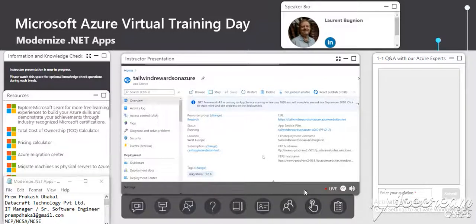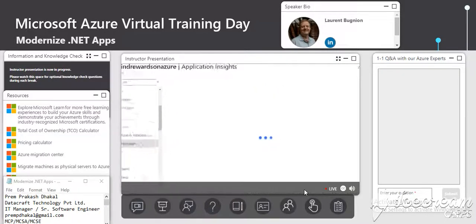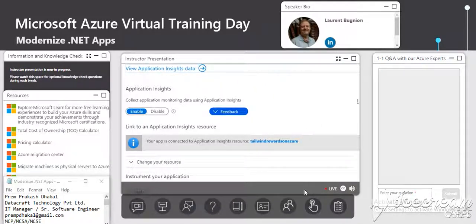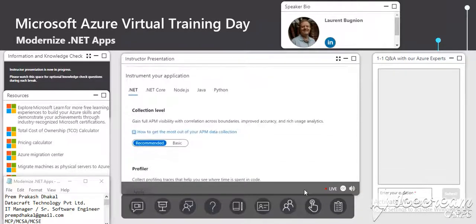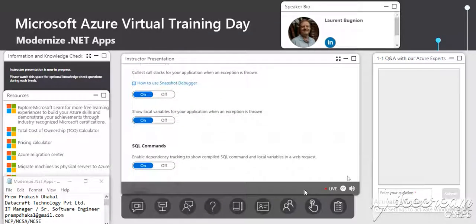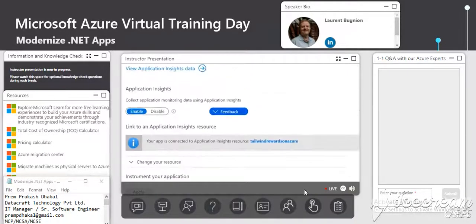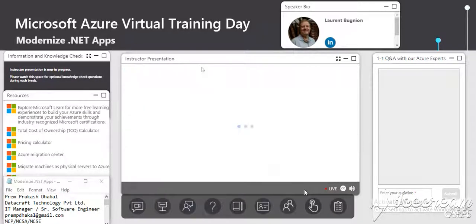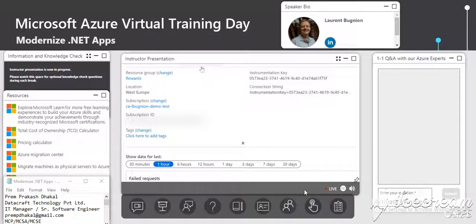So here I am back in the Azure portal. This is yet another point of entry to Application Insights, as you can see. And here, this is the data. You may have seen that already in the second session of this learning path. This is where you specify what is being collected. And as you see here, this is a .NET application, so we are collecting some things by default already. For example, profiler information, debug snapshots. We'll talk about that in a moment. SQL commands even. If you are using Java or JavaScript, then you have an SDK that you can add, even Python, and like this you can configure your application this way.